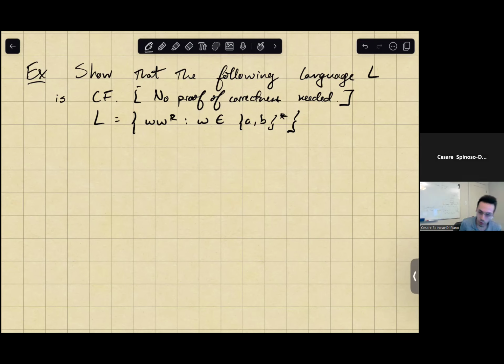Well, we're just going to use this intuition that we've started to build up about context-free grammars and grammars in general, trying to capture the recursive nature of languages. So what is the recursive nature in this language L? Notice what L is. L is really just the set of even length palindromes,